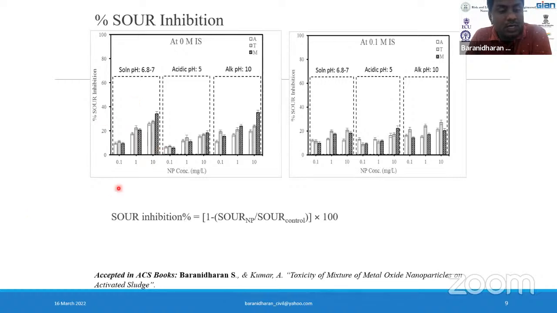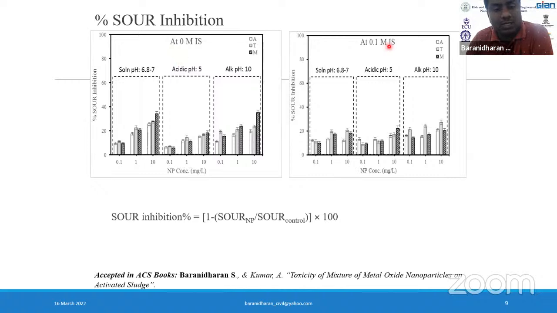With respect to nanoparticle concentration, it was evident that in order to arrive at the toxic effect, it is better to use a greater concentration of nanoparticles towards the microbe. At 0.1 there was an impact, but it was very difficult to distinguish the single from the mixture of nanoparticles. But at higher concentration, the mixture was found to be dominant compared to the single nanoparticles. That was the case for neutral pH, and for all the pH conditions studied at 0 molar ionic strength.